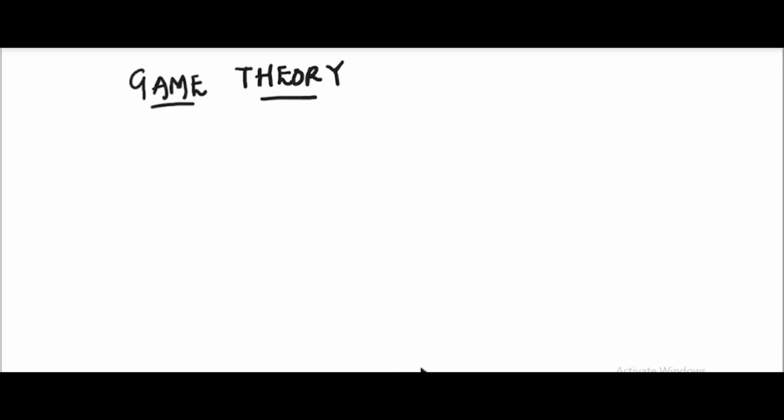Each person has choices to make. What Ada gets may depend on what Bola chooses, and what Bola gets may also depend on what Ada chooses. So that's basically what game theory is all about. Game theory is just the study of how people or players make decisions